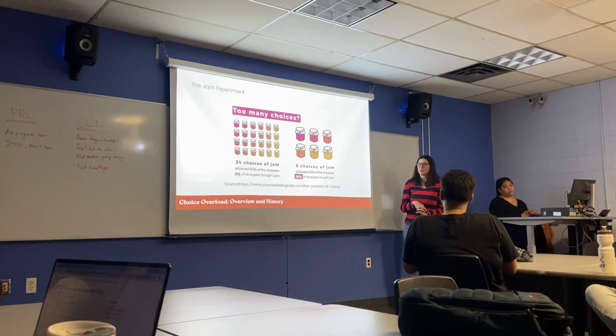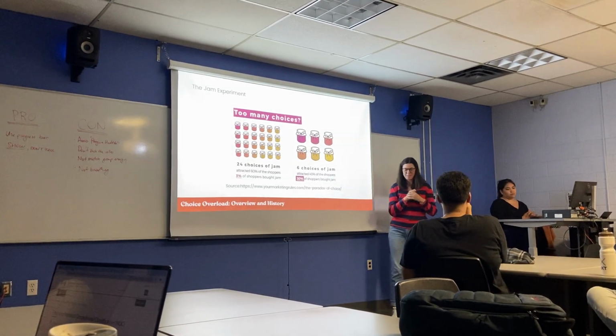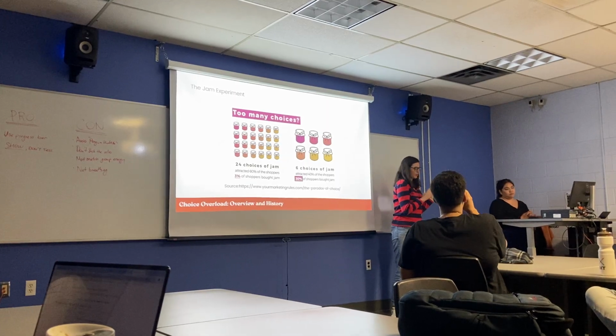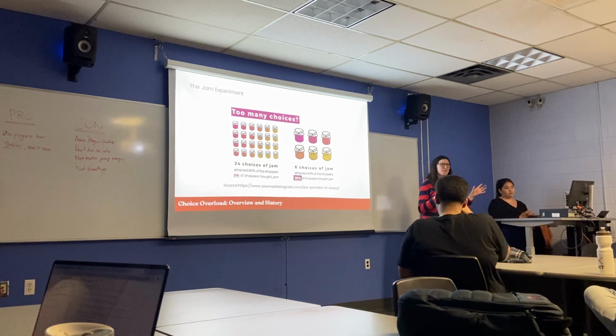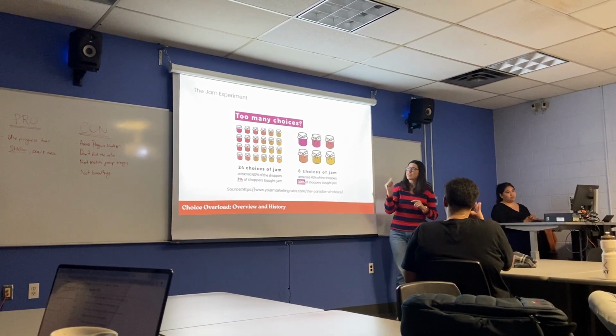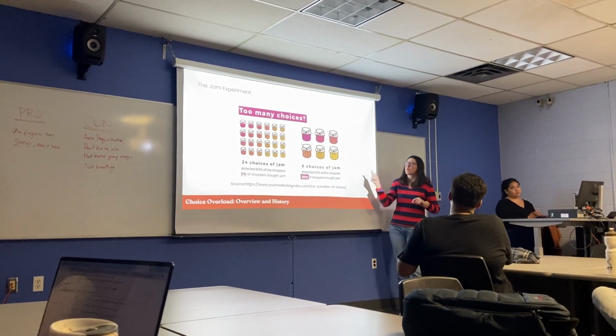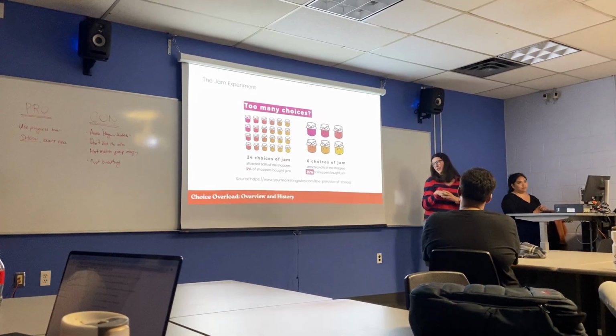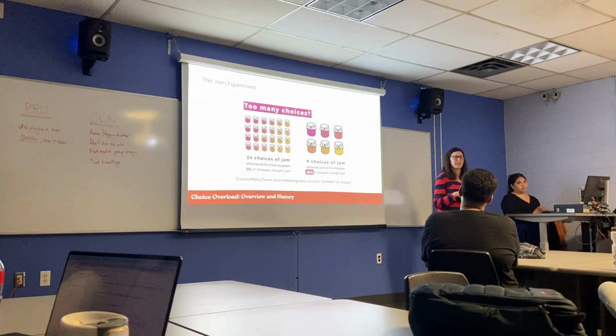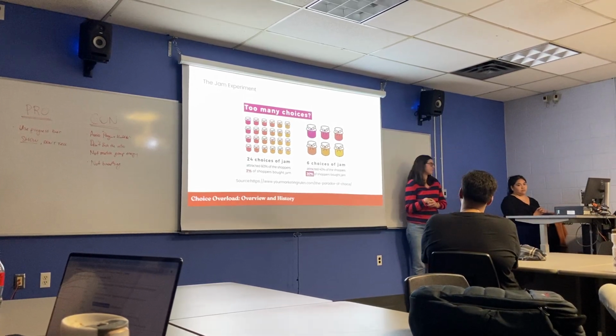And that's because when you have so many choices, you're thinking, in the jam example, oh, do I like strawberry better than orange, or blueberry, I think my partner's allergic to blueberry, or whatever. You're going through each option and considering things about it, whereas say I had 6, oh, strawberry is my favorite, here's my credit card, I'm gonna buy it. So it kind of speeds up the process a little bit and reduces the work that the user needs to do.